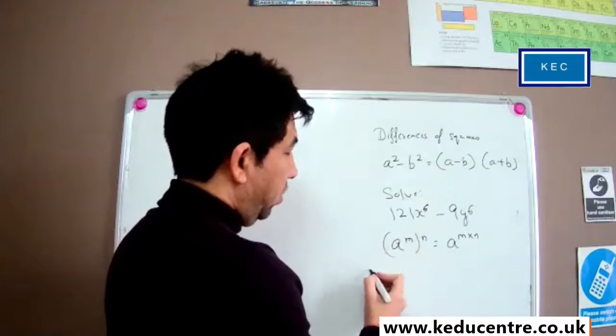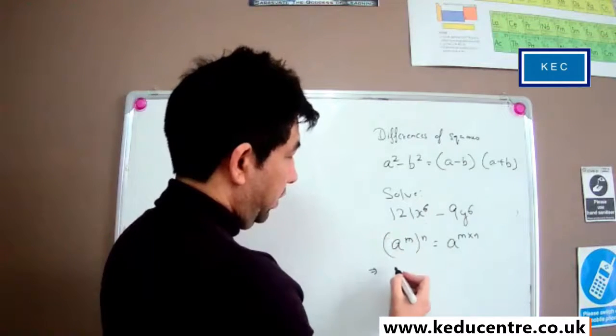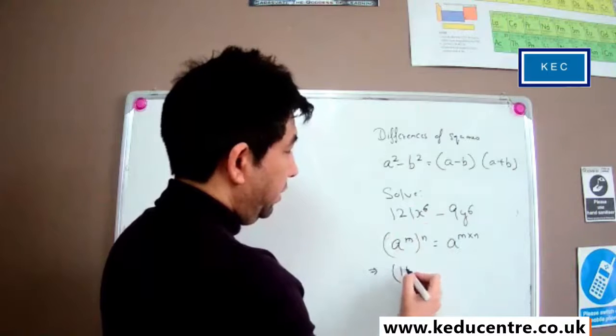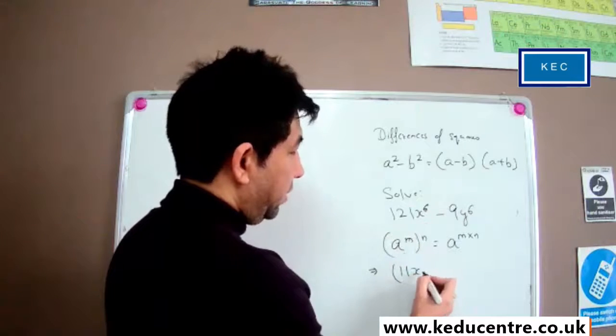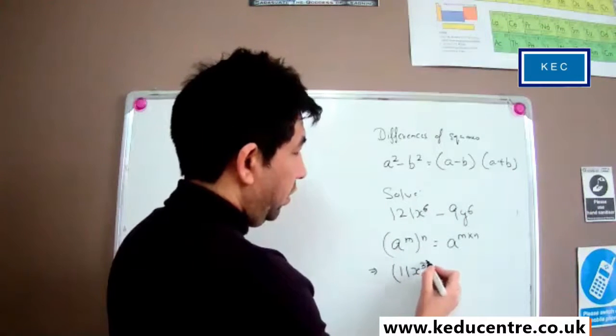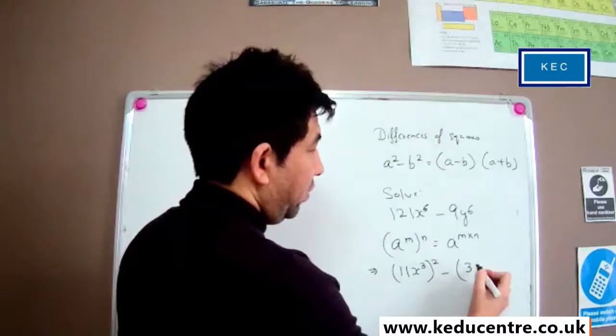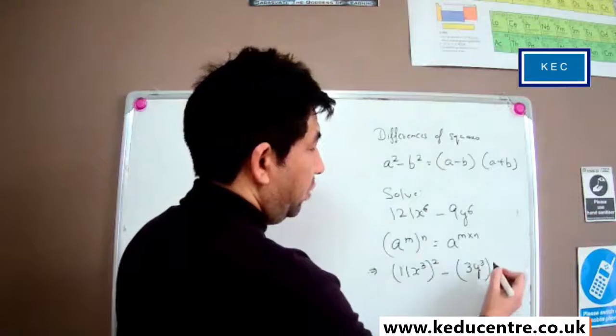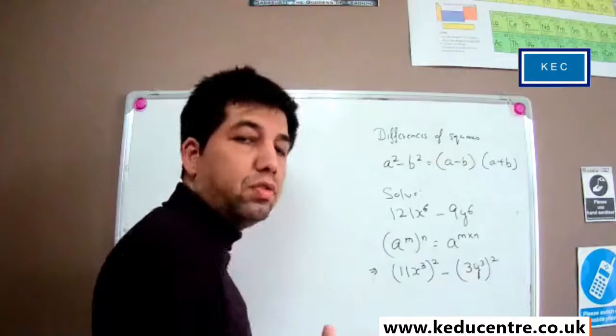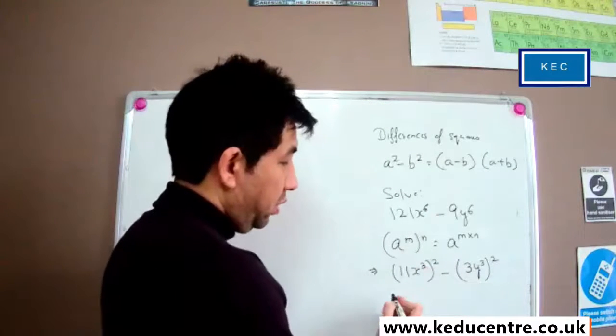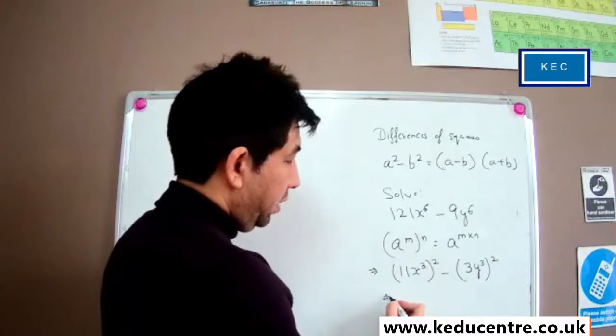So that means this can also be written as (11 x cube) whole square minus (3y cube) whole square. Now it is in the form of a square minus b square, so the answer will be equal